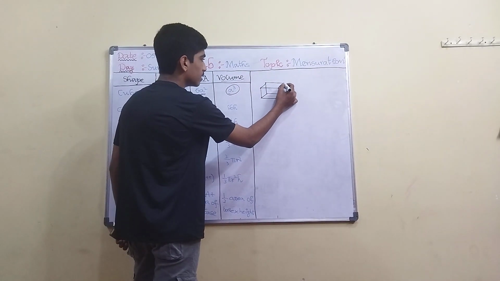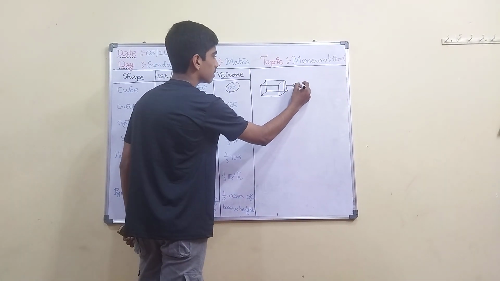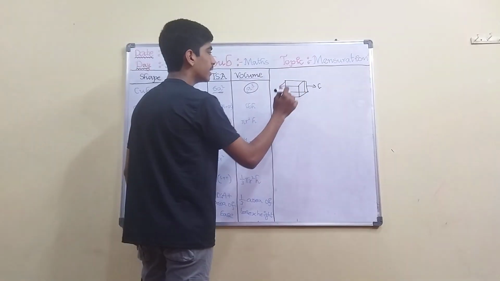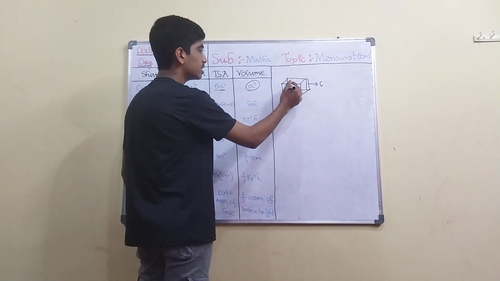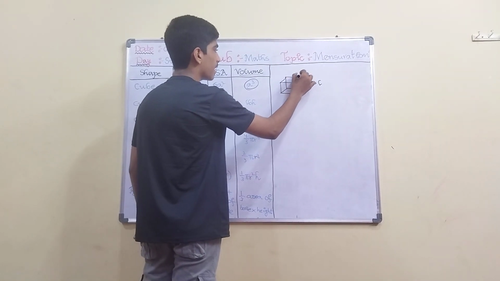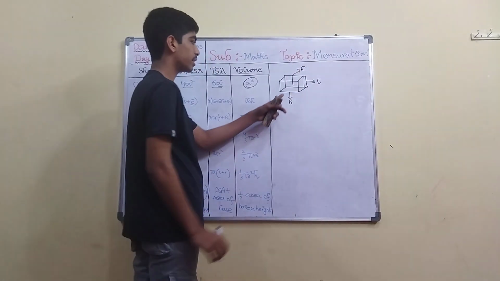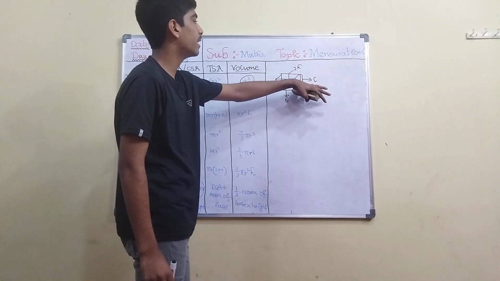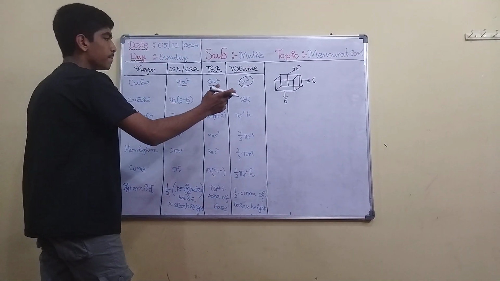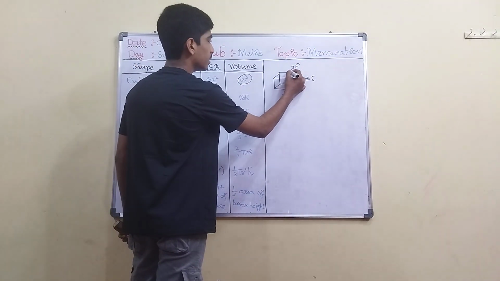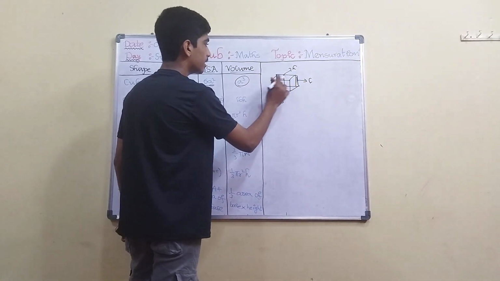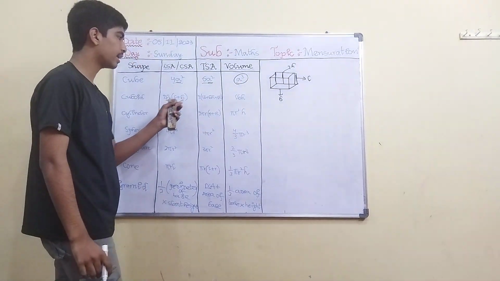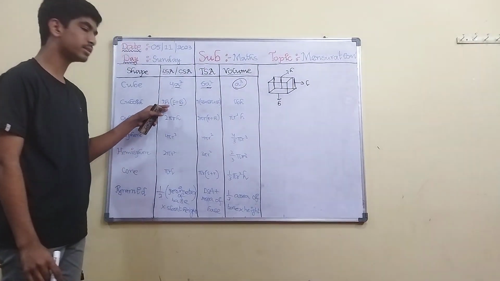Here this is the length and breadth means this. This is the breadth b. And height, l means slant height and h means height. Height is the actual height of the shape. It means here it is cuboid, so the actual height of the cuboid is h, and l is the slant height. So there are 2 heights. One is here and another is here. So 2h into l plus b. b means breadth. 2h into l plus b.